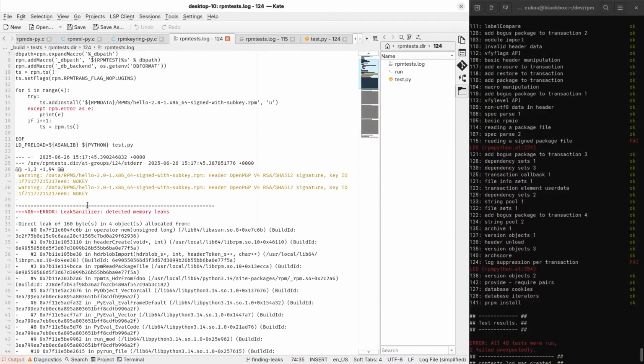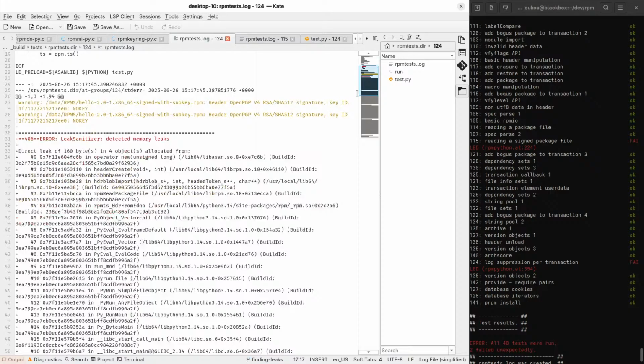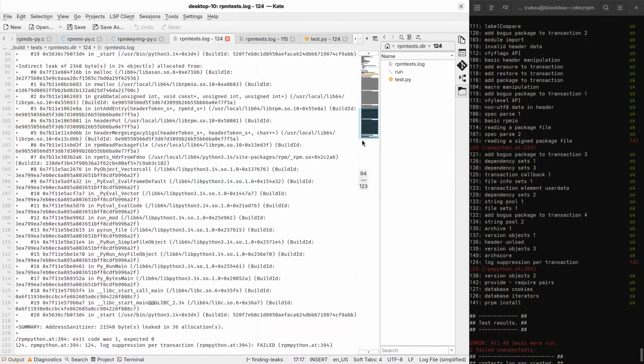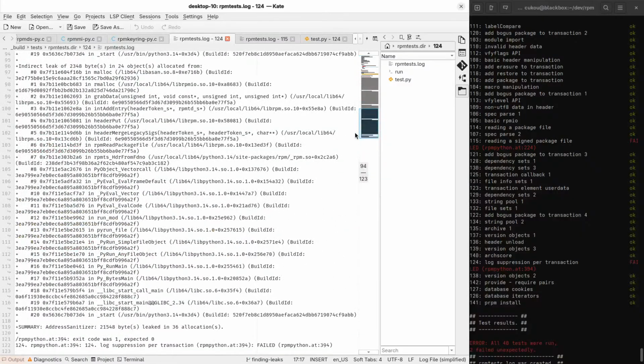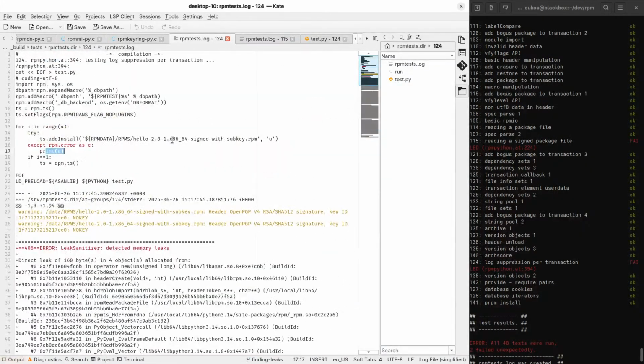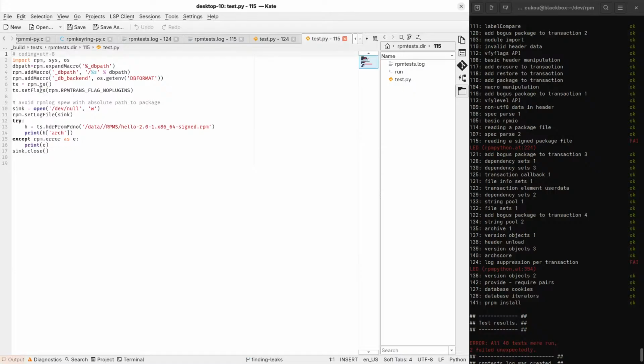So it doesn't print any errors. So every one of these add installs, presumably, leaks.